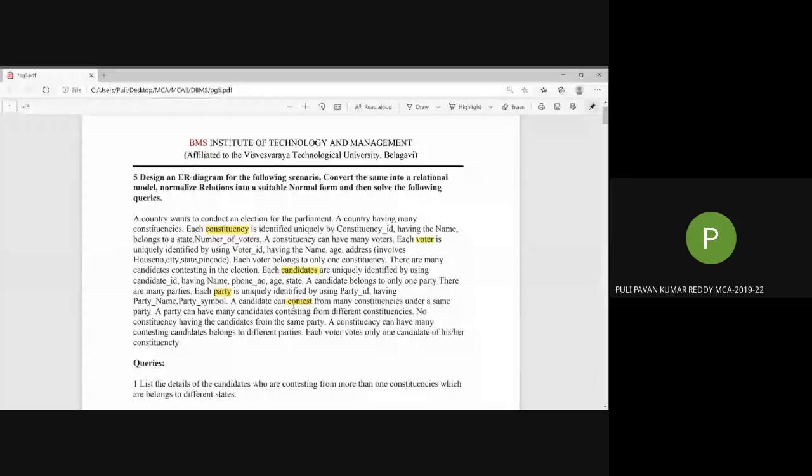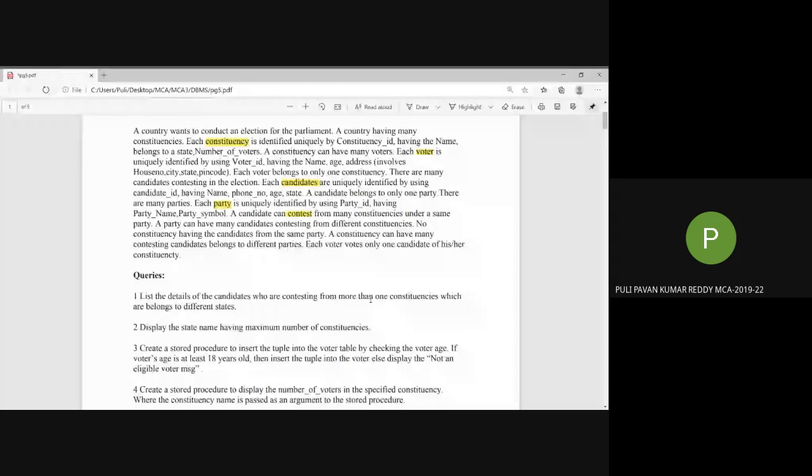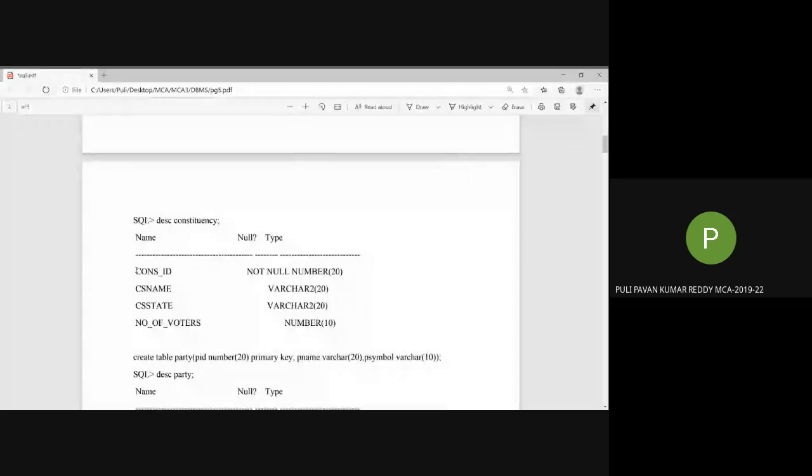In constituency, we are having constituency ID and all. In voter, ID, name, age, address, etc. These are in constituency table, ma'am: constituency ID, constituency name, state, number of voters. Constituency ID type is